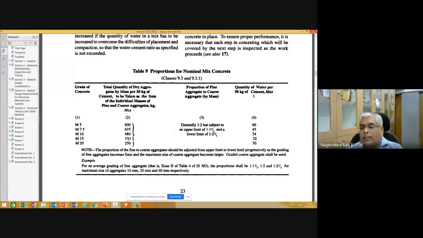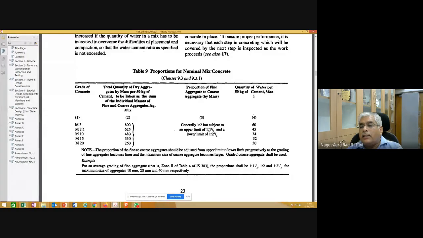So in this togetherness, when you say fine aggregate and coarse aggregate together, how much proportion of fine aggregate and how much proportion of coarse aggregate? That is given here: proportion of fine aggregate to coarse aggregate by mass.